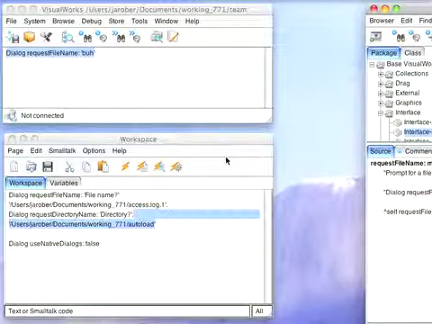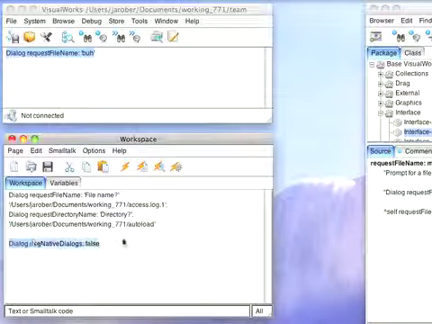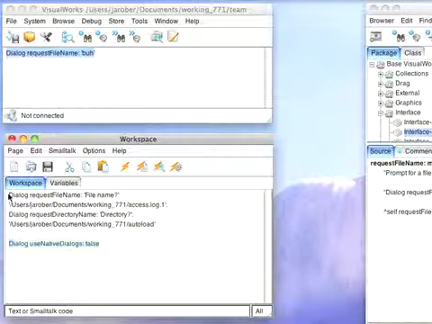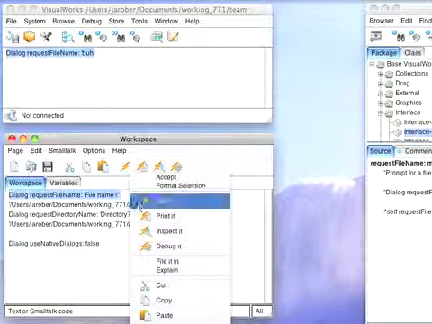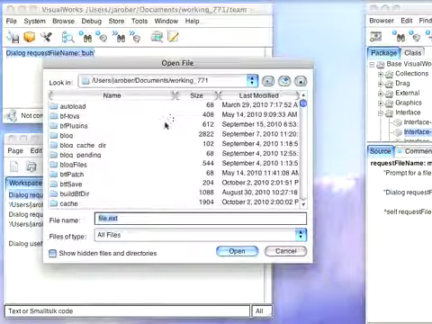One other thing I wanted to get at though is this. You can decide not to use native dialogs. So let's say that for some reason I didn't want to use native dialogs. I wanted a Smalltalk variation on that, but I wanted to have the same API supported. Well, I can do that. If I turn dialogs off, hit false on this, and then I do the same thing, request file name with this, and do a print it, you can see I get a little dialog up here,